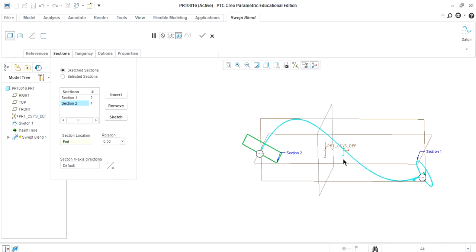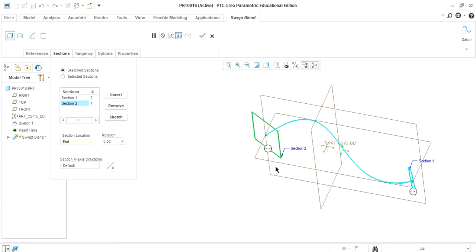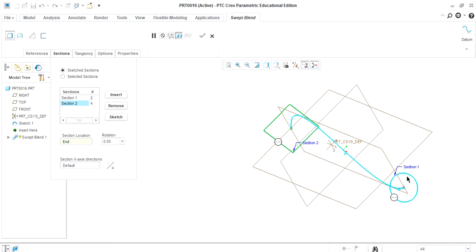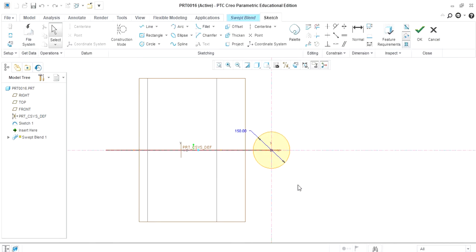So for that purpose, two different cross sections are there. Then we have to divide the cross sections. In this case, there are four corners, so we have to divide this circle into four parts. We will modify the first section. Go to the first section, go to the sketch, and divide this circle into four parts. Here we have the divide option.